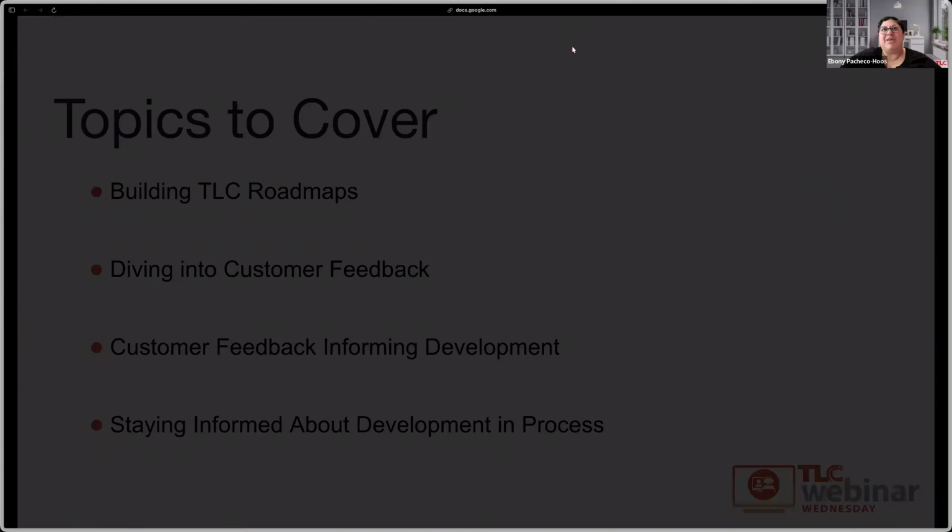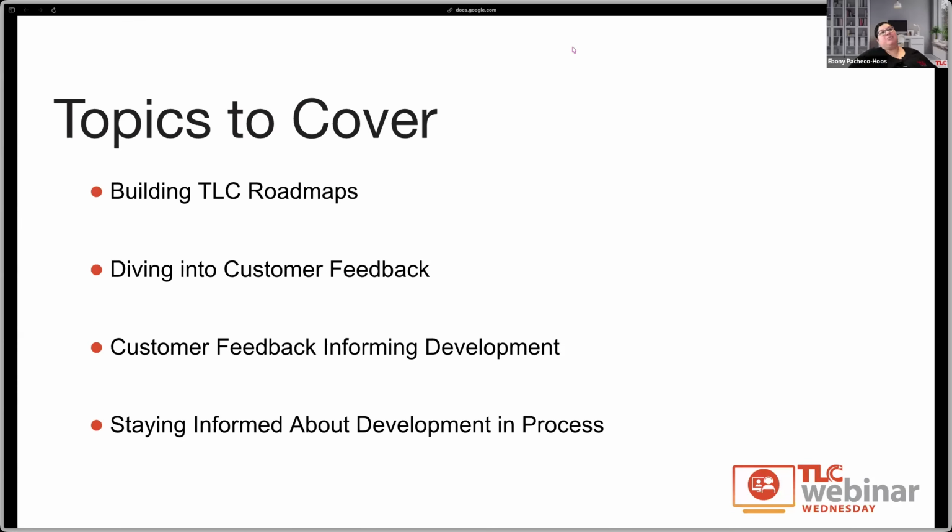I'm going to go to my next slide. Our agenda today is really going to talk about, at a high level, how do we build our TLC roadmaps? And what goes into building a roadmap, and maybe even what is a roadmap, if you haven't heard that before, although we tend to say that a lot here at TLC. We love our roadmaps. And talking through all of the pieces that will go into creating a plan for what we're going to develop over the next release, 2 releases, year, 2 years, 3 years, etc.